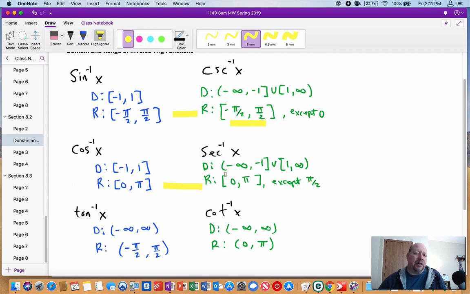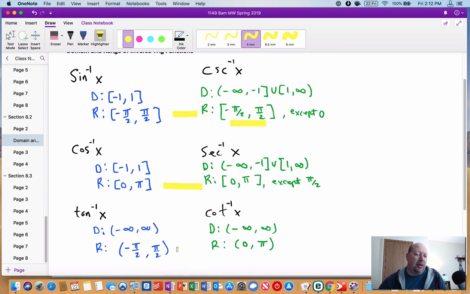So actually, because these ranges are very similar, the way I'm going to show you how to do problems that involve those reciprocal inverse functions, since cosecant is the reciprocal of sine and secant is the reciprocal of cosine and so on, is this: when we do a problem that involves inverse cosecant or inverse secant, we're going to actually use the inverse sine and inverse cosine to get those answers. We will do it also with inverse tangent, but there's a little caveat, and I'll show you